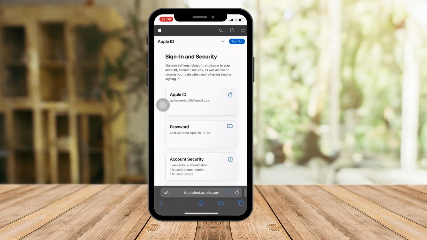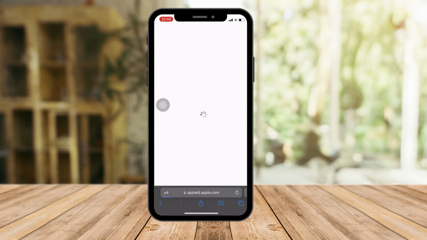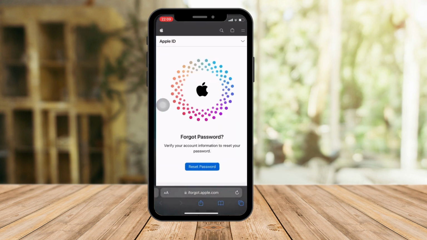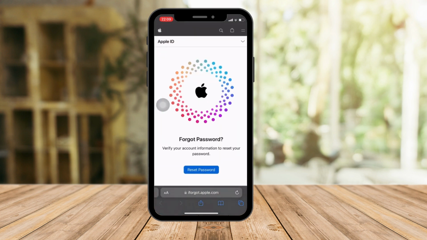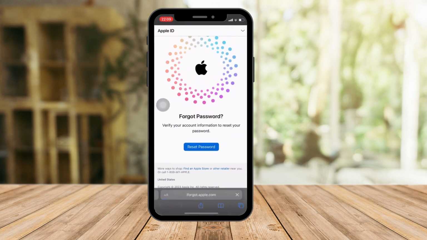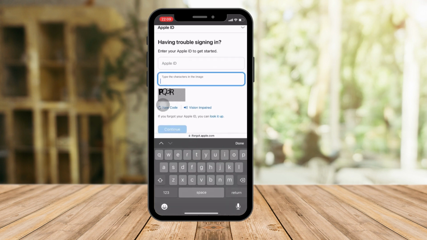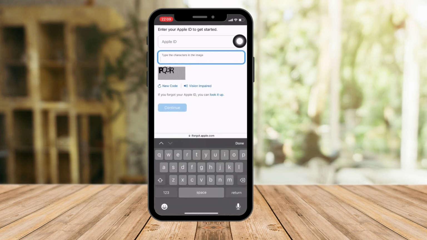However, let's just say, just in case, okay, you forgot your Apple ID password and you want to change it. Now hop on to a different tab, this one right here. The link is iforgot.apple.com. Click on Reset Password right there, and then you'll be greeted with this captcha. Just input your Apple ID there, type in the characters in the box and click on Continue, and you will